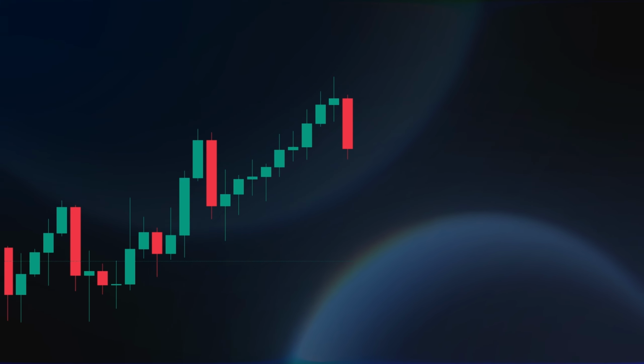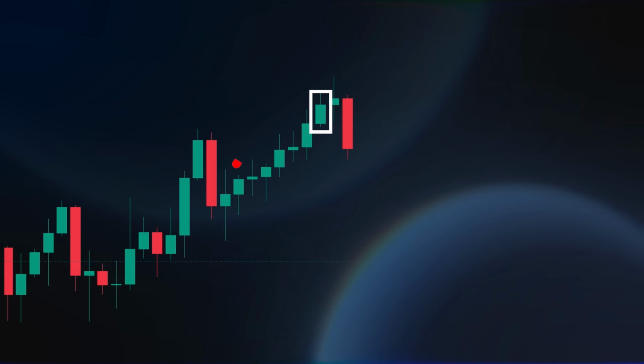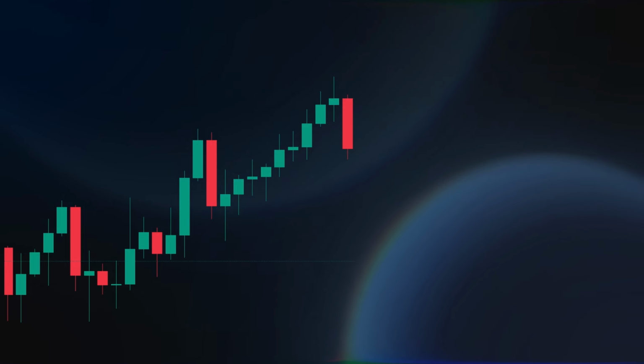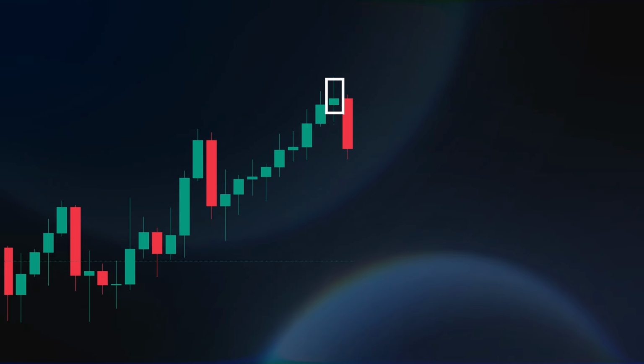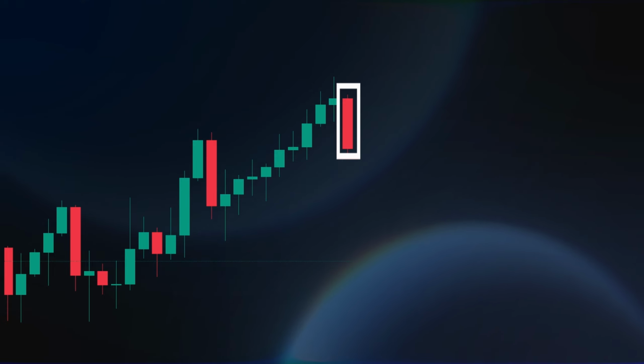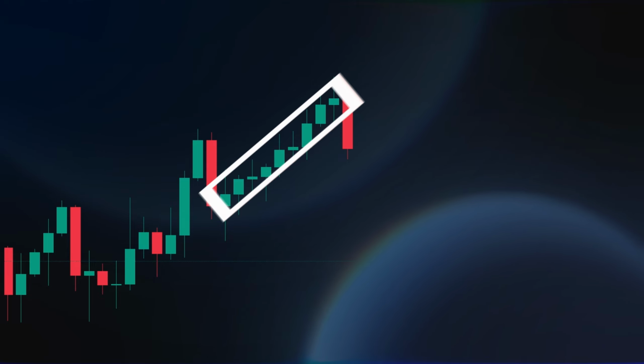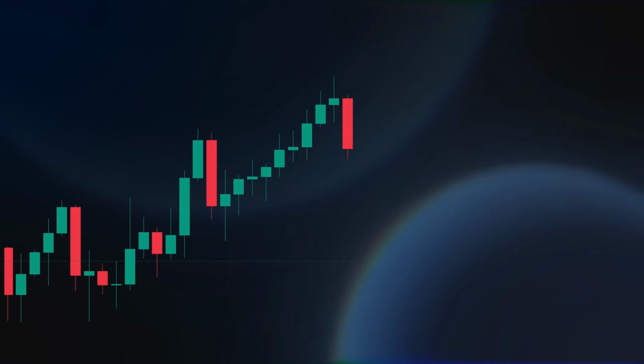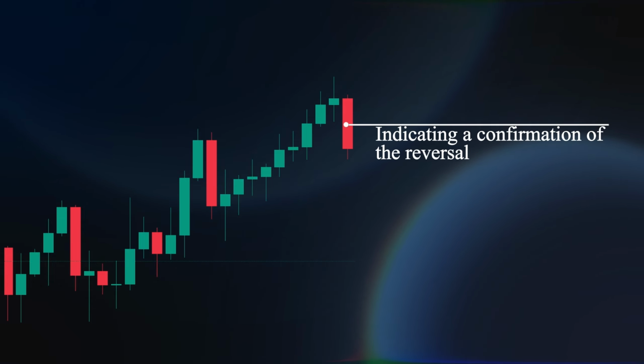As you see here, the first part of an evening star is a bullish candle. This means that bulls are still pushing the market higher. Right now everything is going all right. The formation of the smaller body candle here shows that buyers are still in control, but they are not as powerful as they were. The third bearish candle indicates that the buyers' domination is over, and a possible bearish trend reversal is likely to happen. In other words, the trend that created the first long bullish candlestick is losing momentum. The final candlestick gaps lower than the previous candlestick, indicating a confirmation of the reversal and the beginning of a